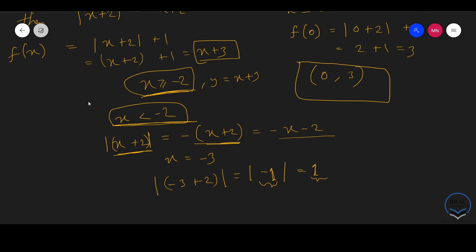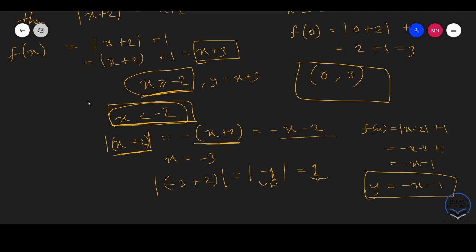So when x is less than minus 2, we will have f of x equal to the absolute value of x plus 2, plus 1, equal to minus x minus 2 plus 1, which will be equal to minus x minus 1, right? So for this interval, the graph that we will draw will be y is equal to minus x minus 1,